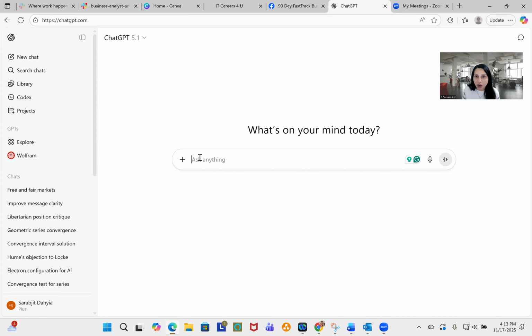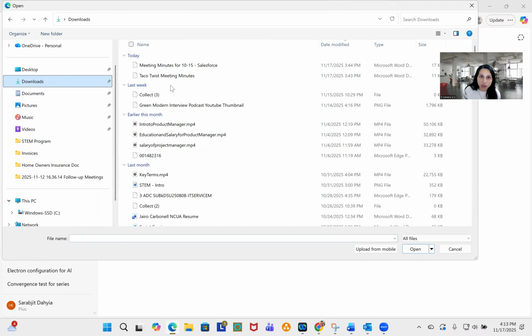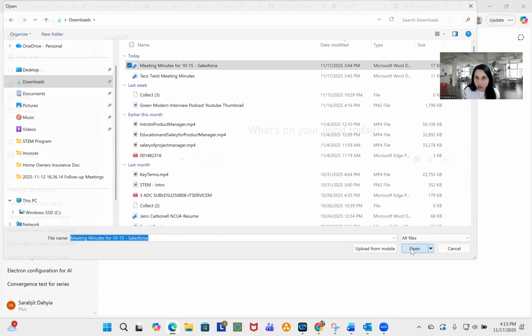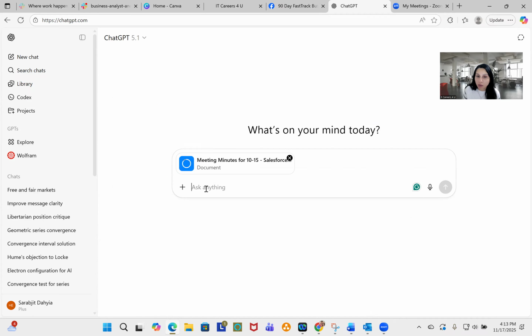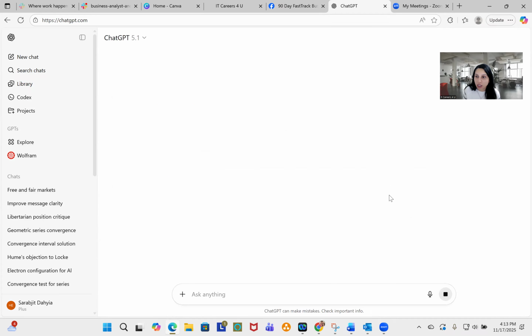So here I've already started ChatGPT. What I'm going to do is attach a document. So again, chatgpt.com, I'm going to attach a document, and I've already downloaded one that I wanted to use: meeting minutes for Salesforce. I'm going to upload this into ChatGPT and then I'm going to say, please,